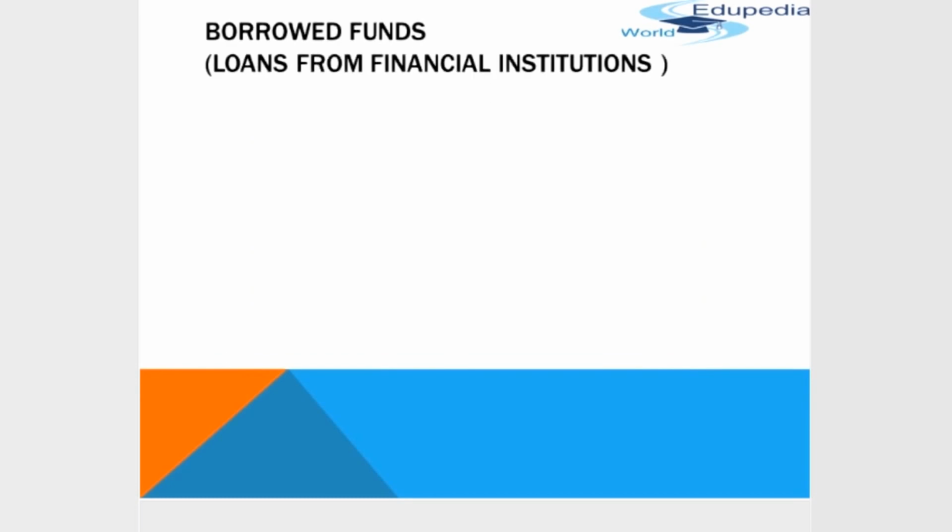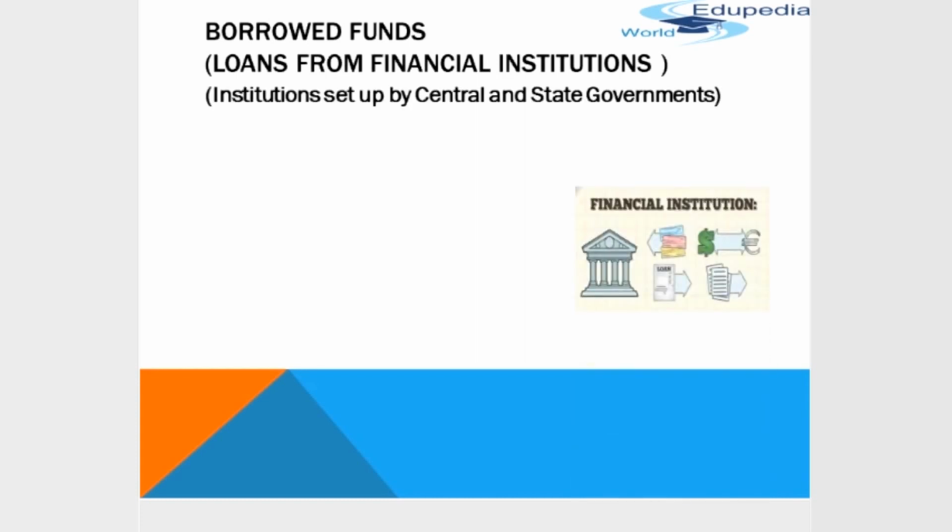Now before coming to the loans from financial institutions, let me tell you what a financial institution is. A financial institution is a company engaged in the business of dealing with monetary transactions such as deposits, loans, investments and currency exchange. Their main function is to provide financial facilities and technical expertise to the institutions. The central and state governments have established various financial institutions in the country to provide finance to business organizations. These institutions are also known as development banks, as their main objective is to promote industrial development of a country.